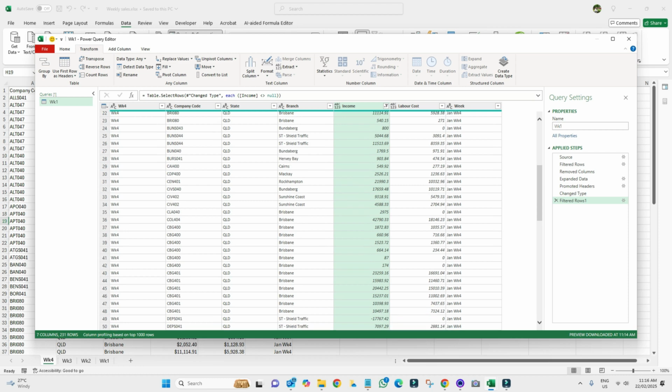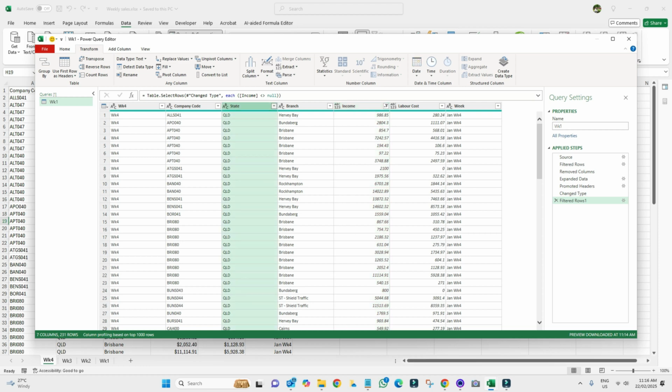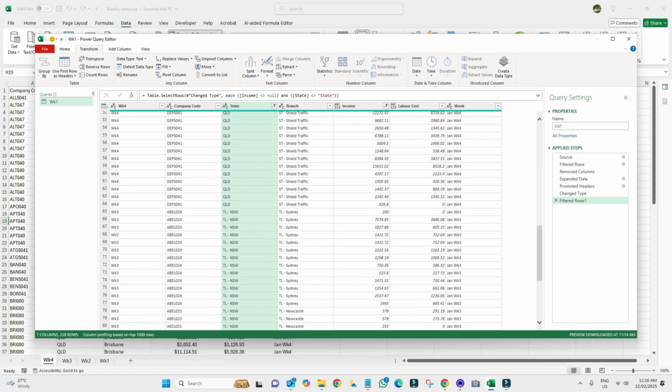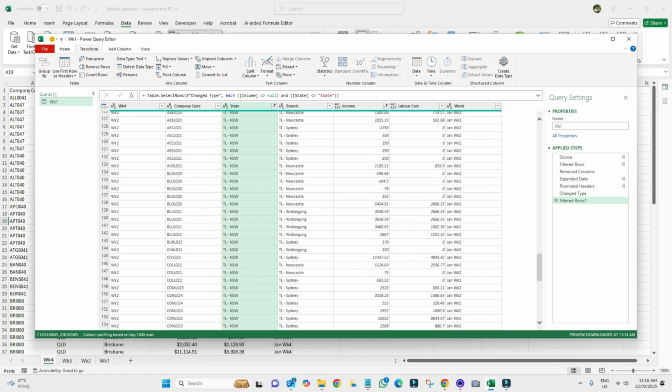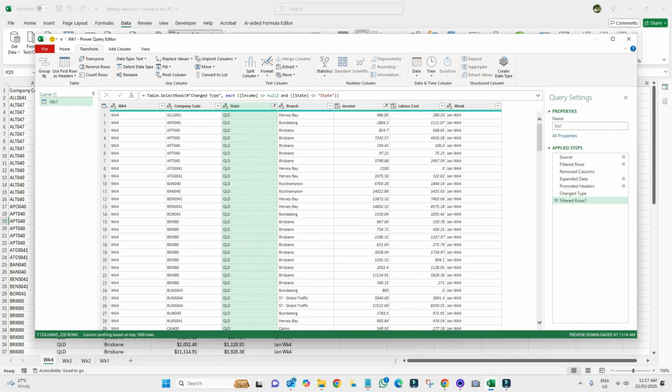gone now. So let's scroll it down, and then again you can see we have another header here for another file which we don't want to include. So you can just simply untick the states here, and then that will be gone as well. So once we clean our data, in that way we can clean our data here. Once we cleaned